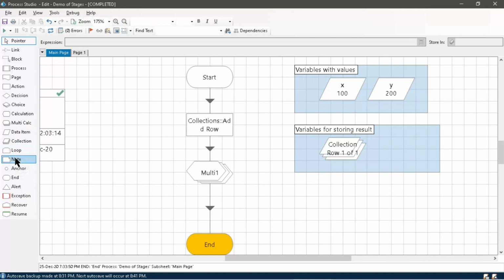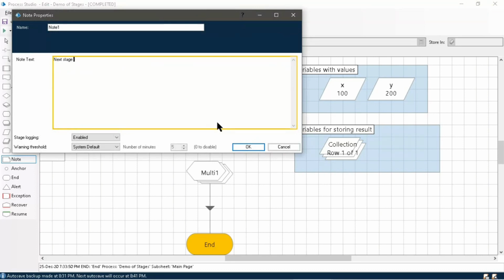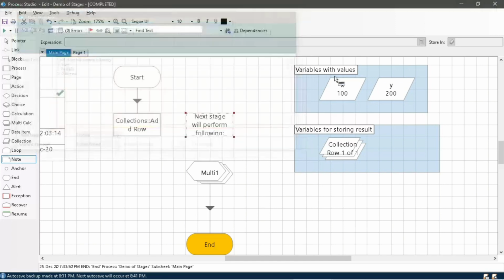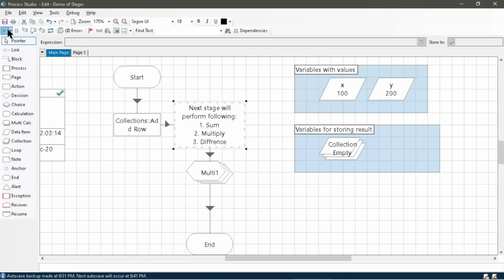The note stage. The note stage is used for formatting or editing purposes. If we want to give a message in our process, we use this, like comments in a programming language. Note is similar to comments. If we want to tell something, we can use the notes. There isn't any effect of the notes on the process. This is just a comment.